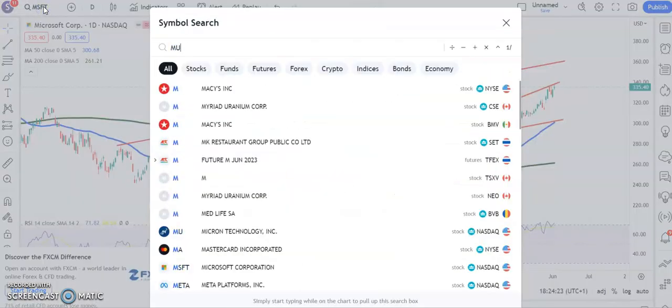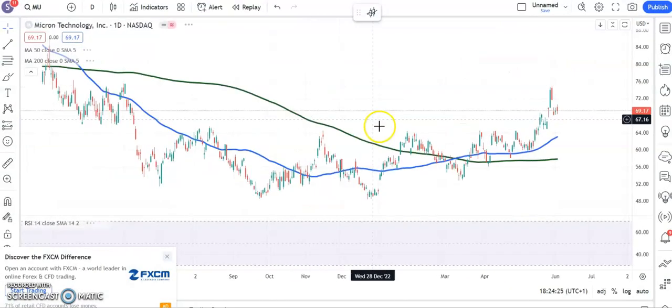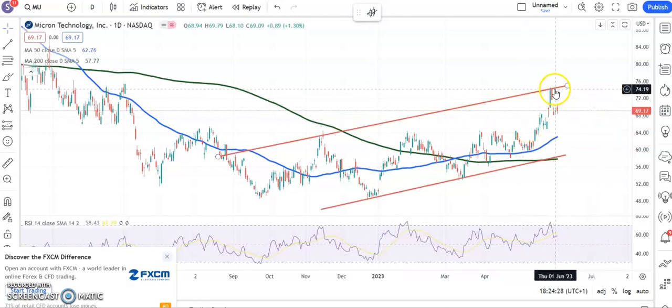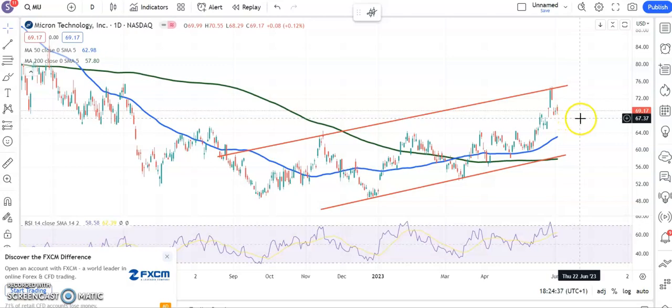Micron is next, another regular in the chart breakers, but here we've managed to hit the target that we were looking for at the top of that rising trend channel from August. That was around $74. Gap down, which is rather eerie, but at least while we're above the previous early May resistance at $68, looking for a move up to retest the best levels of the year to date up to